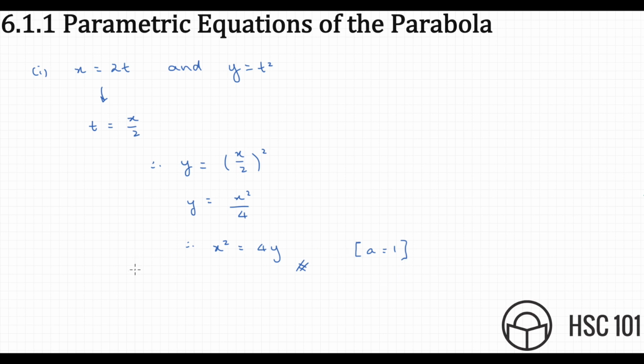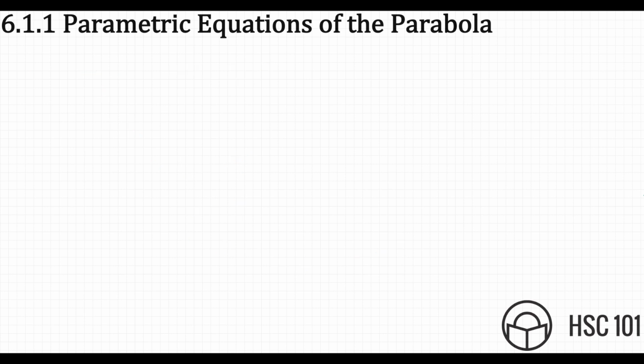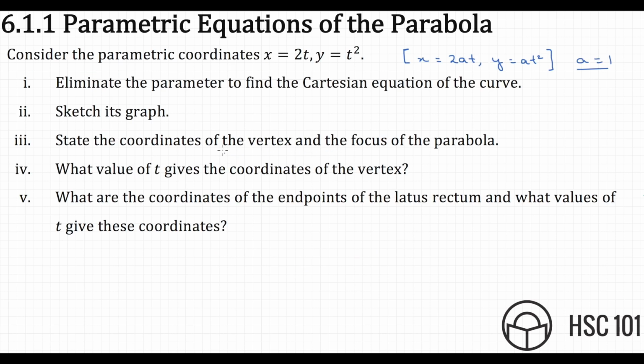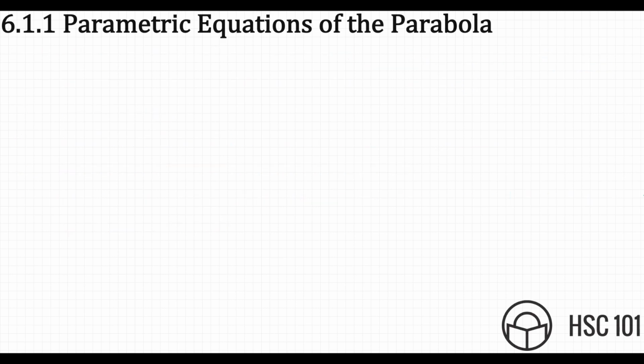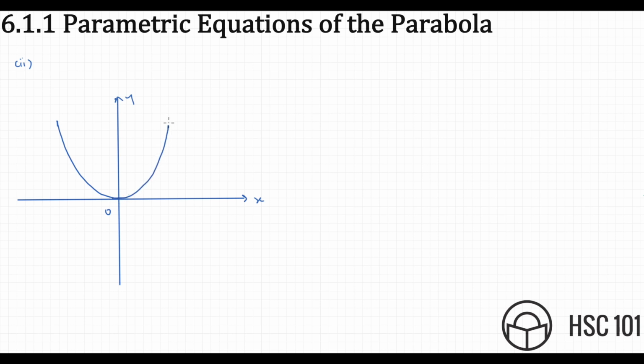Now, part 2 wants us to sketch the graph, and then in part 3 we want to look at the vertex and the focus and so on. So if I get a graph out, let's say I've got my x-axis and my y-axis, with the origin. Take note this is part 2. I'm just sketching the graph, and the sketch of the parabola should look something like this. So this is x squared equals 4 times y. And since we said that the focal length is equal to 1, we know that